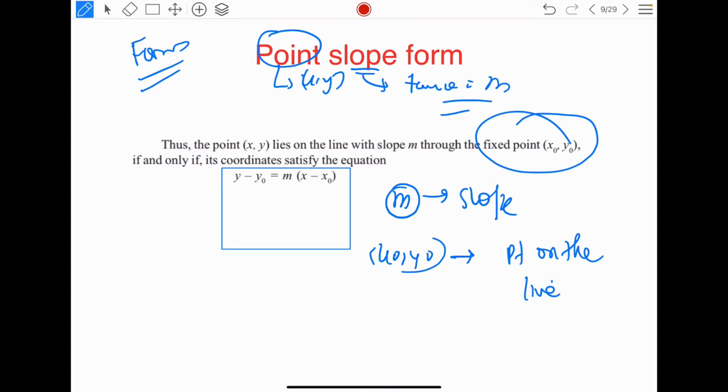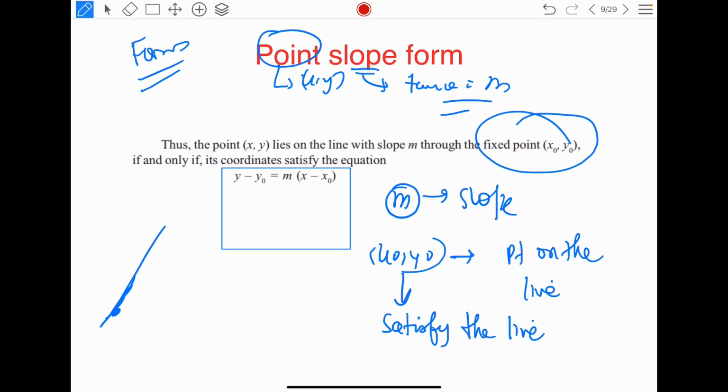Now if we talk about a point on the line, definitely it will satisfy the line. This you know from the basics of maths. Any point on a line, suppose I have this point, will satisfy the equation of the line because it's lying on the line. A point on the line is just like the root of an equation. Roots or zeros of an equation are values where you put x and y and you satisfy the equation. Similarly, for a point on the line, when you put x and y, it will satisfy the line. So your line is just an equation. That's what I try to make you understand.